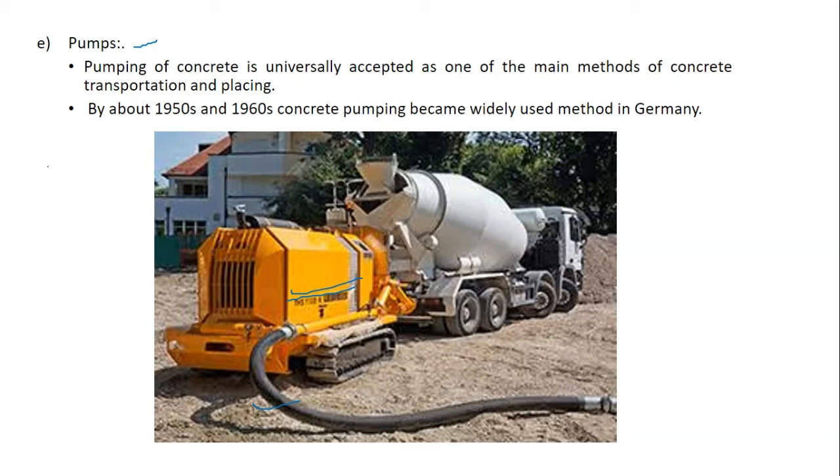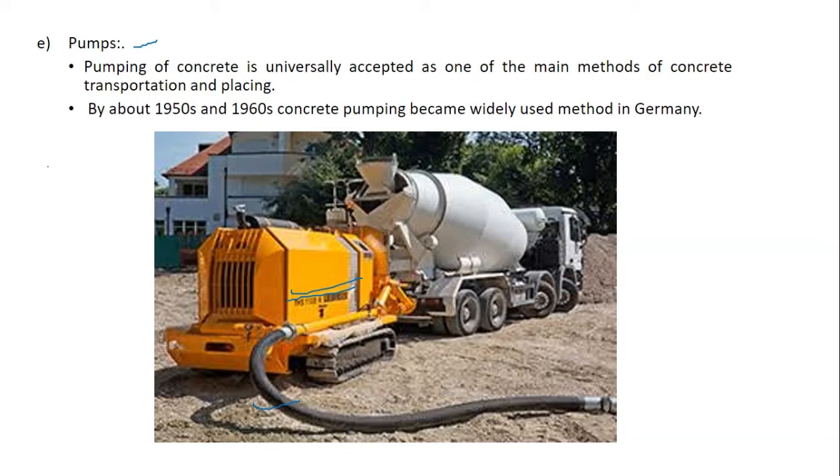See, this is the method that is very much helpful in tunneling and in high-rise buildings. In high-rise buildings, we go for the crane, bucket, or pumping system. And in tunneling also, the tunnels are very narrow, and maybe the truck is not able to go into the tunnel. I mean, if it goes, maybe that is not convenient for other types of work to be done there. So what we do is we put the pumping network outside at the entrance, and we have a pipe network into the tunnel, and those pipes are used to transport the concrete to whatever distance we want.